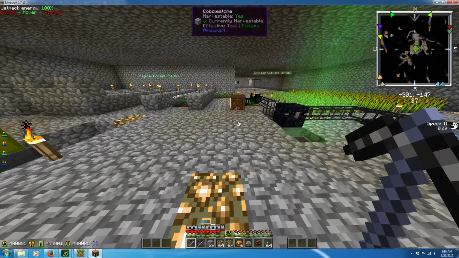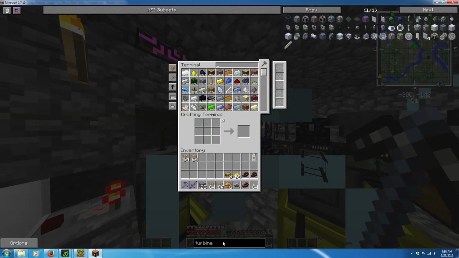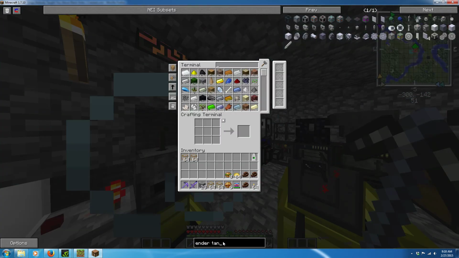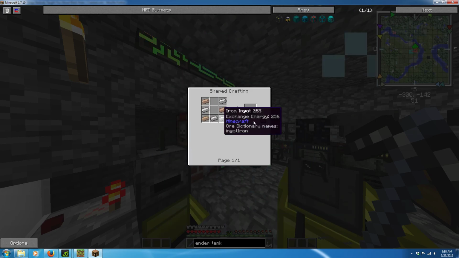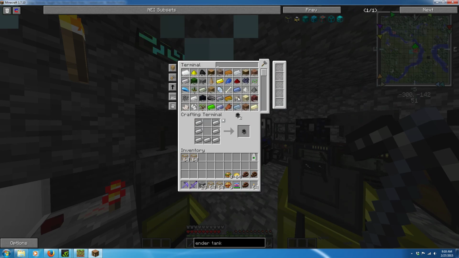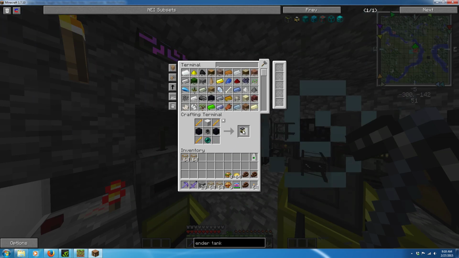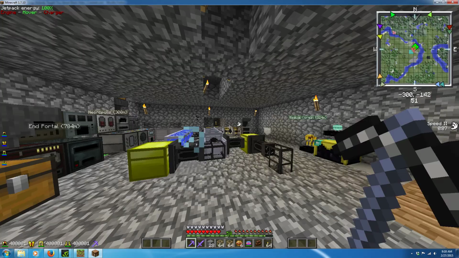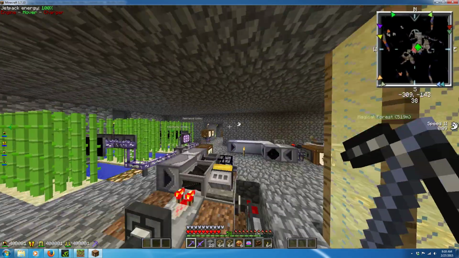actually, that's an interesting idea. Intertank. For wireless transport. Why didn't I think of this before? So, bam, bam. Need more blaze rods. Thankfully, I've got a bunch of blaze rods. This way we don't have to...